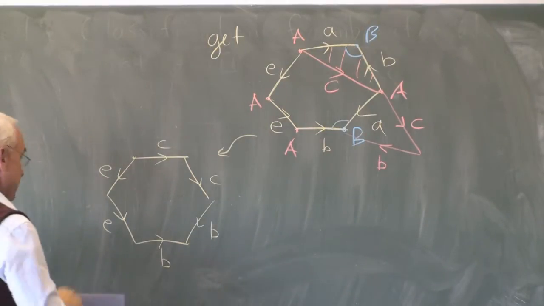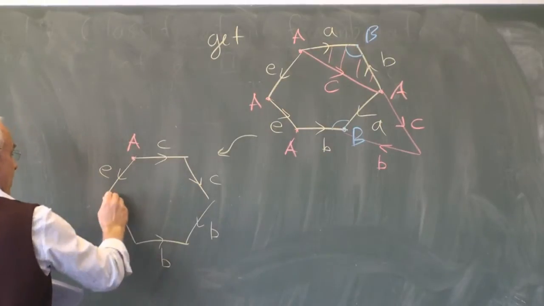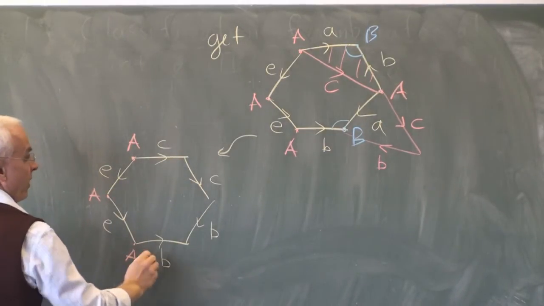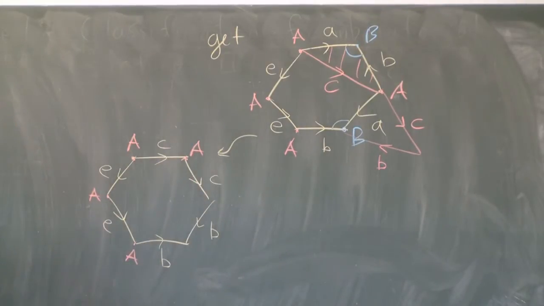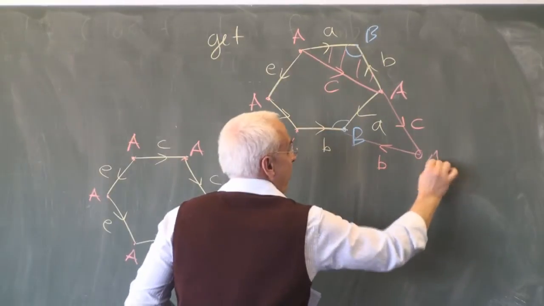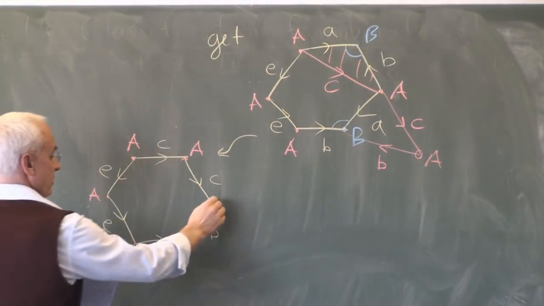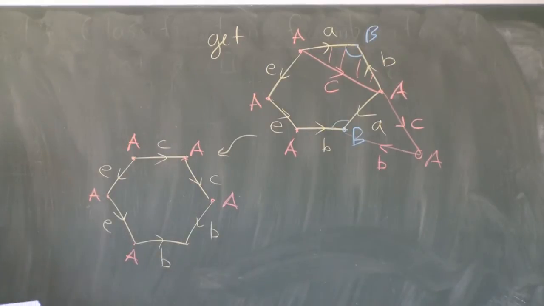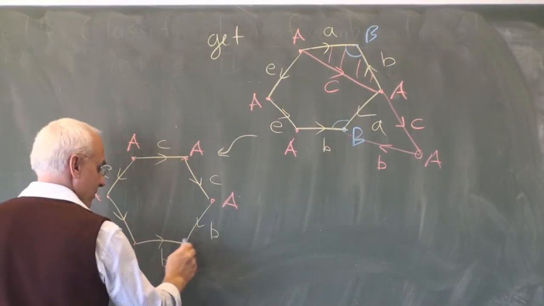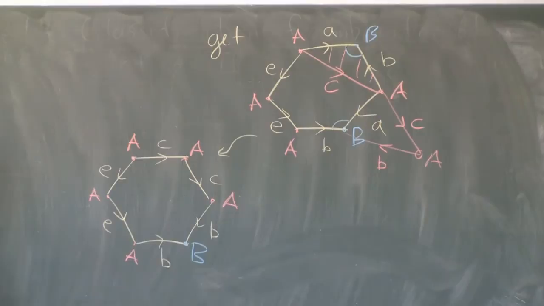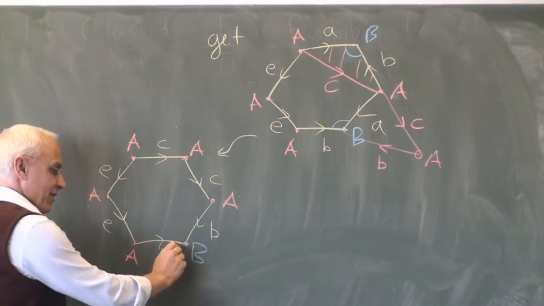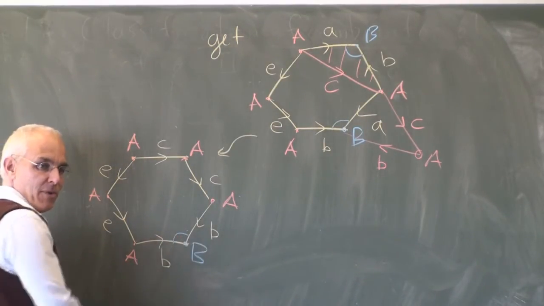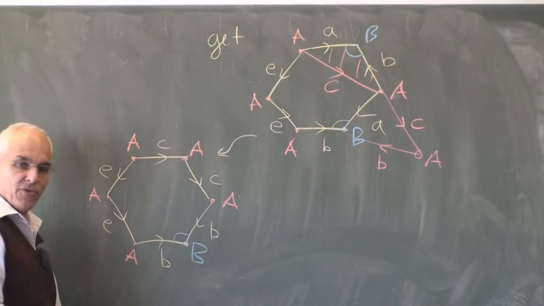Now what's the vertex situation? These are all vertices A, and this was also a vertex A before. And this new one here is also an A. It's between the B and the C, so that's an A. And so we see now that there's only one more vertex B. But if there's only one more vertex, it means we're in a situation where we can collapse some edges. When we go from here to here, we're back to where we started. That means we can collapse those two edges.